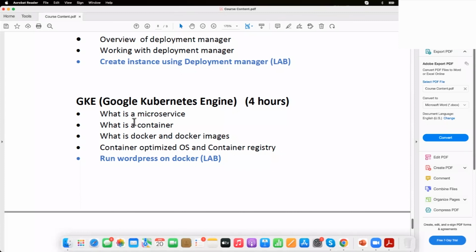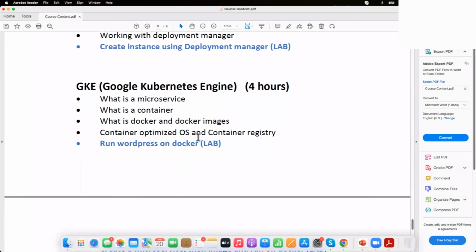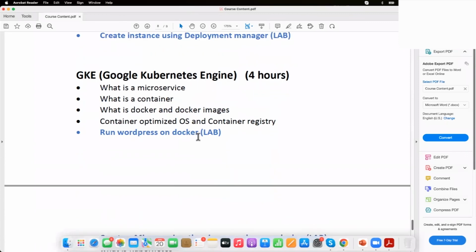Or the pods, whatever you can say it. But the question is, are we building the Kubernetes clusters from scratch, or will we learn the service and deploy, doing all the components together? As you can see here, before we learn Kubernetes, we'll first understand the very basics, like what is a microservice, a container, because many will be new to Kubernetes.